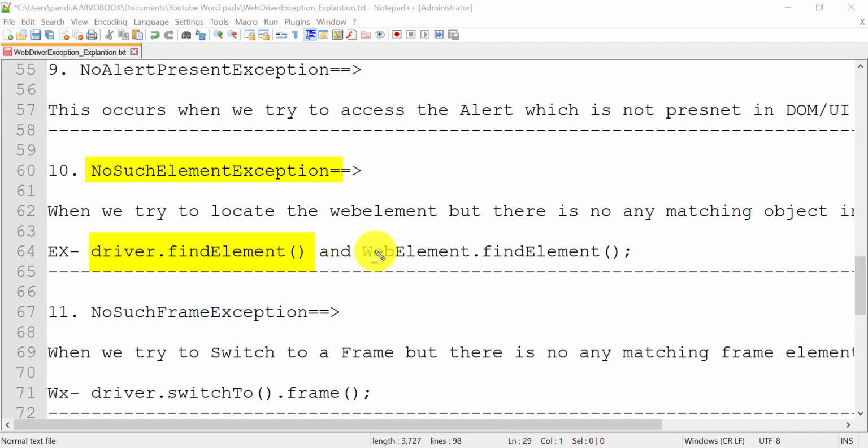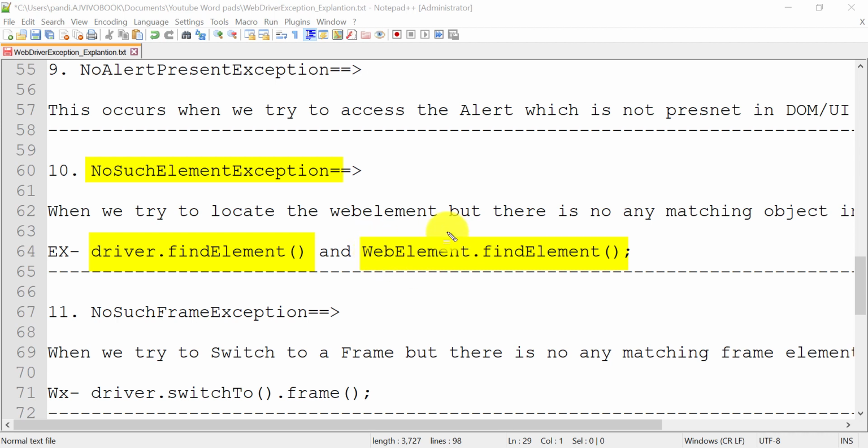And the second one is web element dot find element. Here also we are going to locate a web element, but only in the scope of a web element. We have created one web element, and in the scope of that web element we are going to find another web element. There is one session on my channel so that you will understand how we find a web element in the scope of another web element.